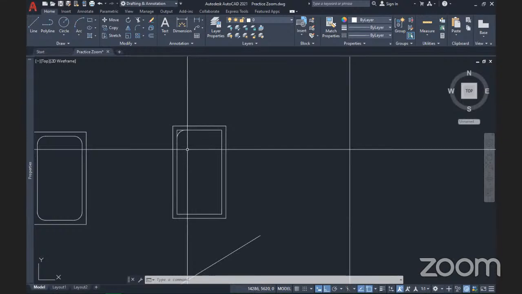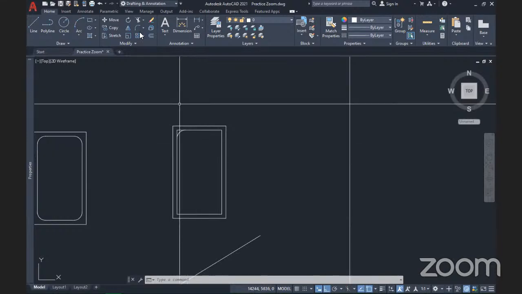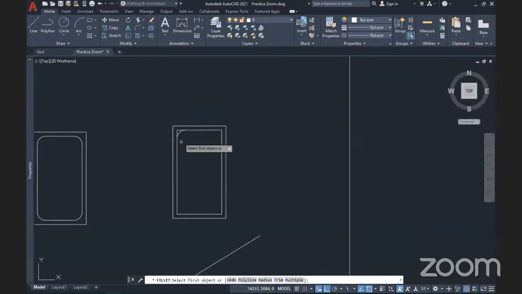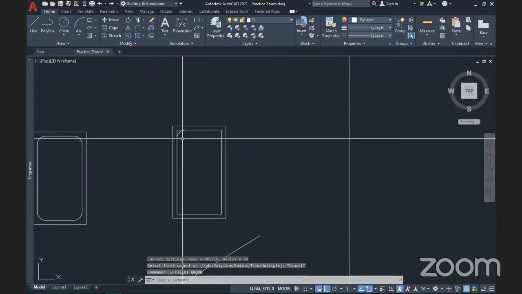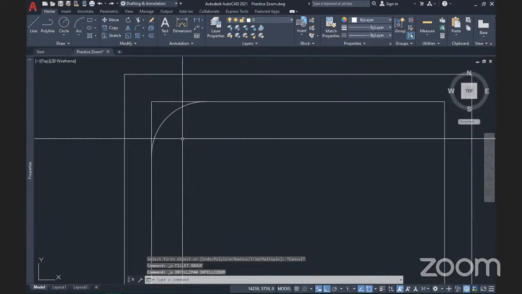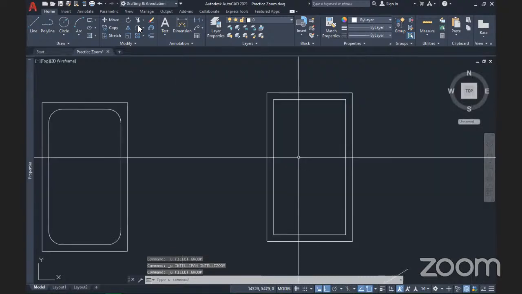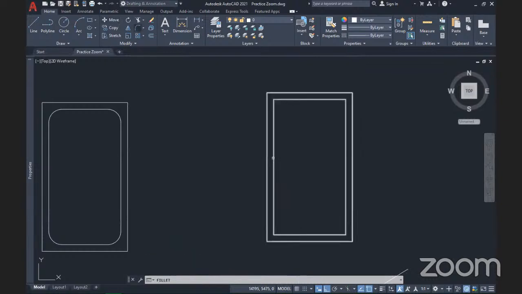Okay, now that is it for the fillet command. And let's go to the next option under the fillet command. We have multiple. Now, for instance, you want to create a fillet like this. Let me undo this. Undo this. Undo this also. For instance, you want to fillet more than